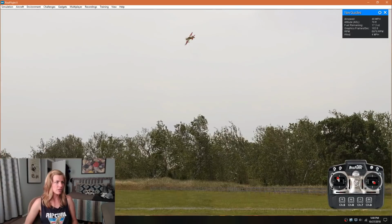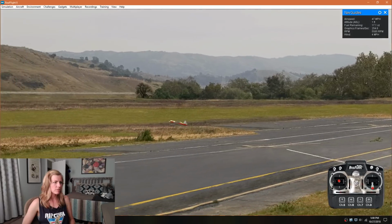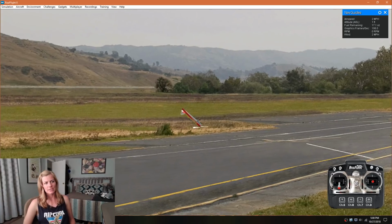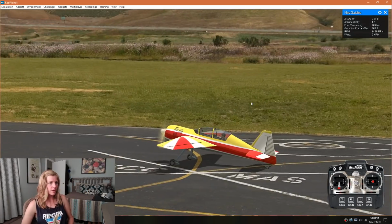Yeah, I think this is the kind of plane where you gotta land with some speed. Oh boy. All right, too much speed. Lost some landing gear and we're under the ground. Basically that crash just bought you your RealFlight 8. Hit the reset button